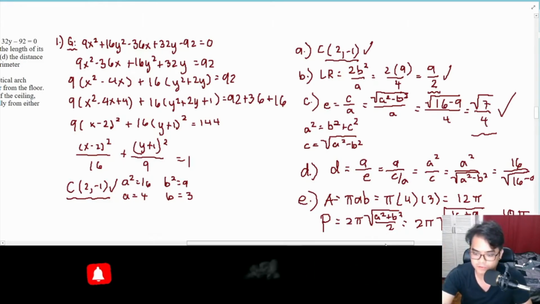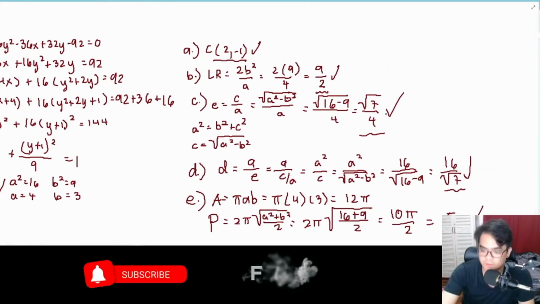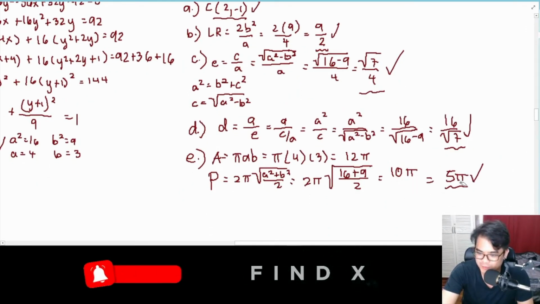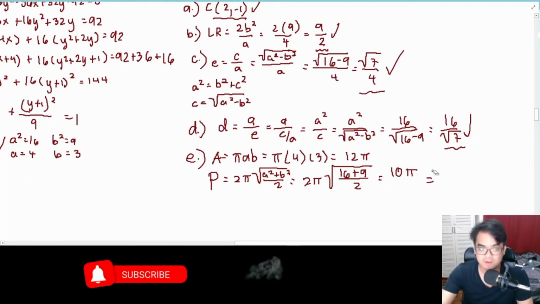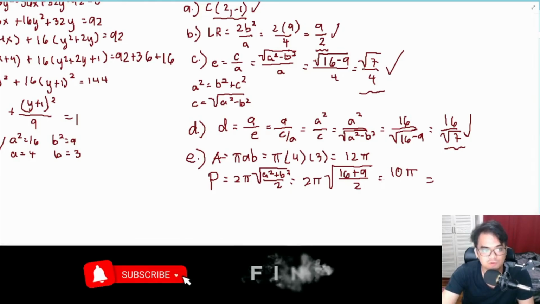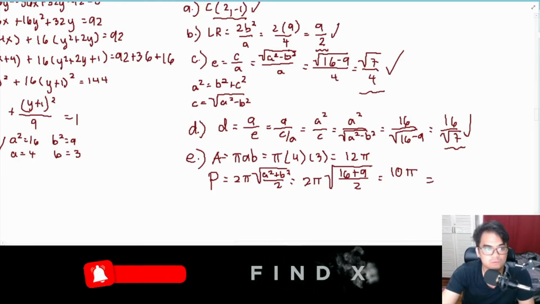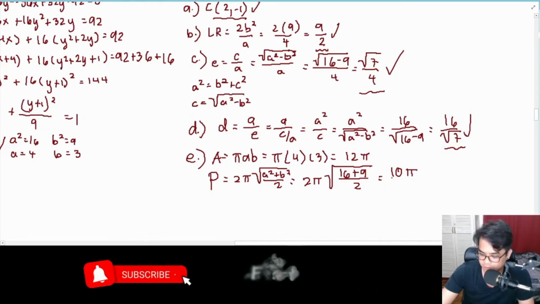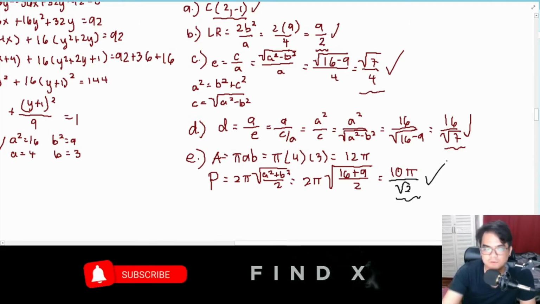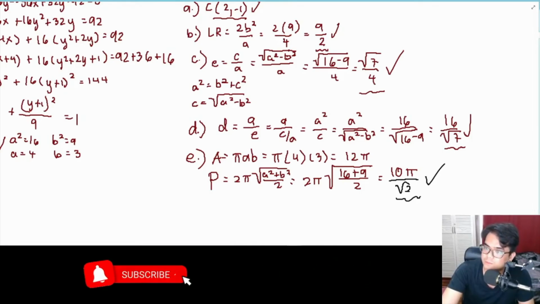Okay, so let's move on to the next number. Actually, I have something wrong here because this should be a square root, right? This is not 5 pi. So replacing that, the numerator is 5, right? Because 20 square root of 25 is 5 times 2 pi, that's 10 pi. But the lower part should be square root of 2. So this is square root of, and this will be your final answer. Okay, let's move on to the next topic.